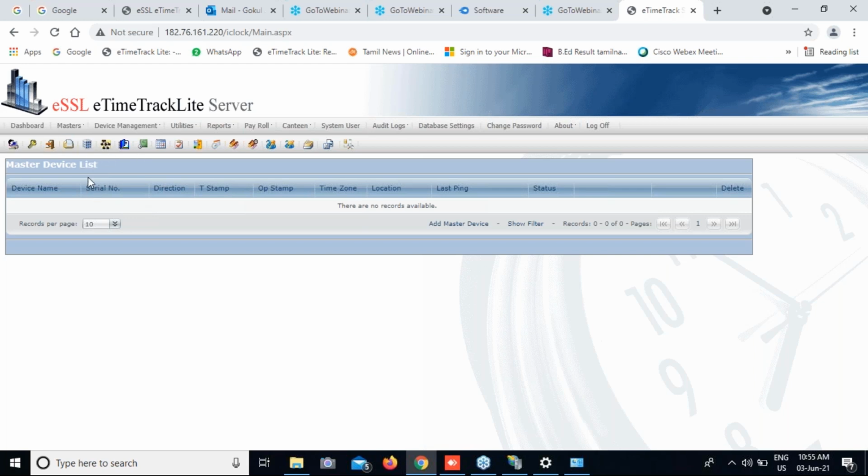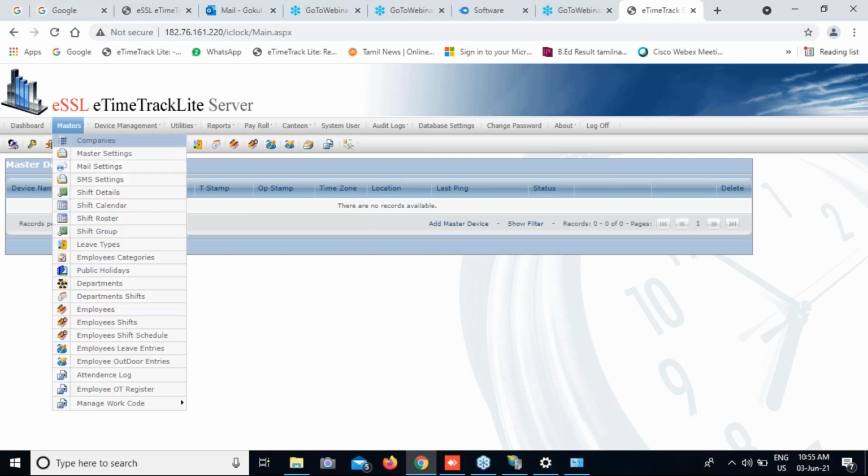So if you add employees or delete employees in the master, automatically it will add or delete employees on the remaining 9 devices. That is called the master and slave concept.